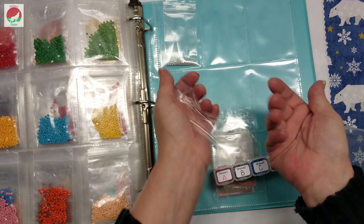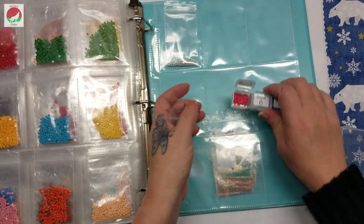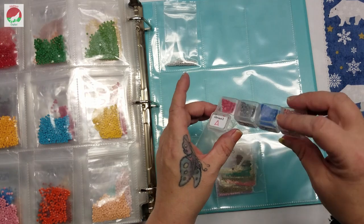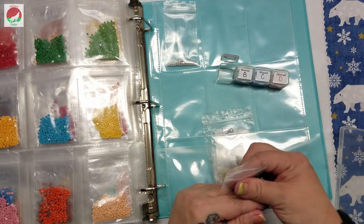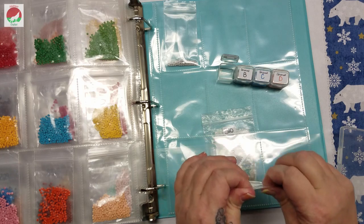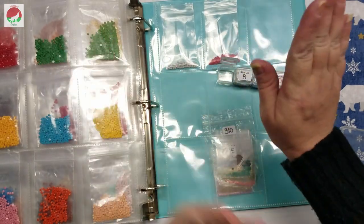I have carpal tunnel in both wrists and I've got such a bad carpal tunnel flare up that I have not been able to diamond paint. I haven't been able to craft. And quite frankly, by the time I'm done with everything for the day, on top of my household chores and doing homeschool, online school stuff, I just don't have time to get down here and do the things that I want to do. But my carpal tunnel flared up so bad that this hand, my right hand,